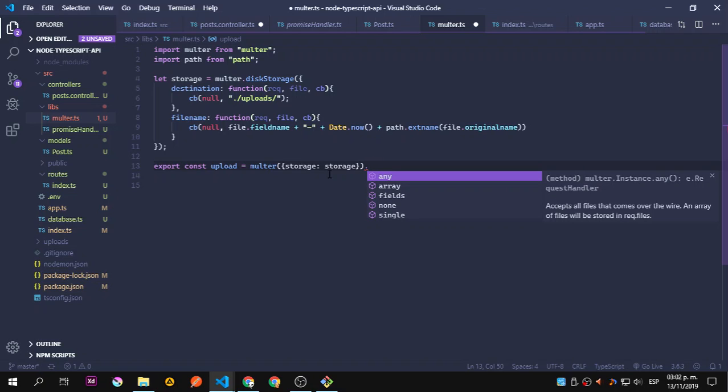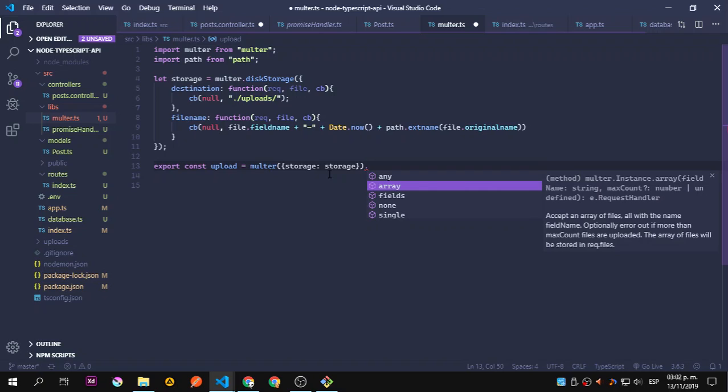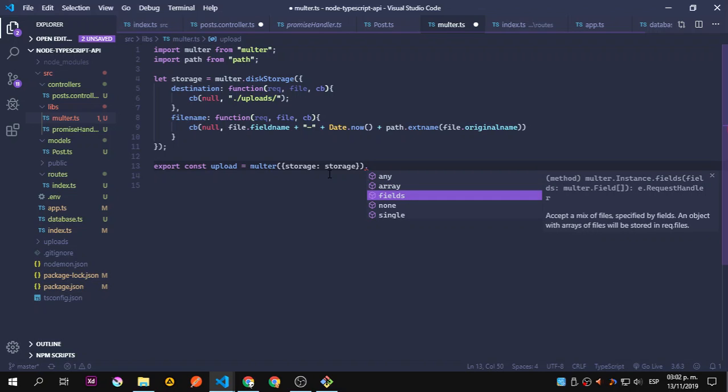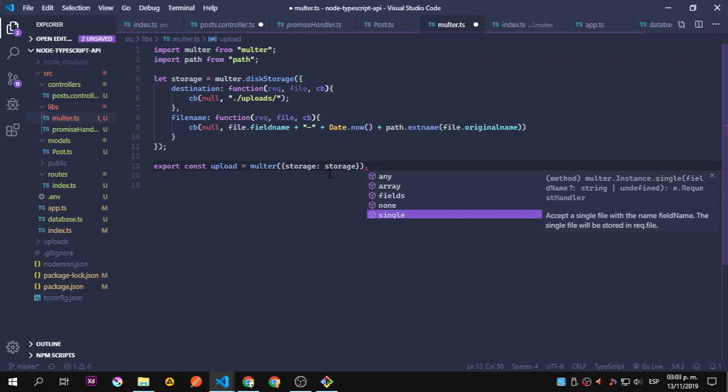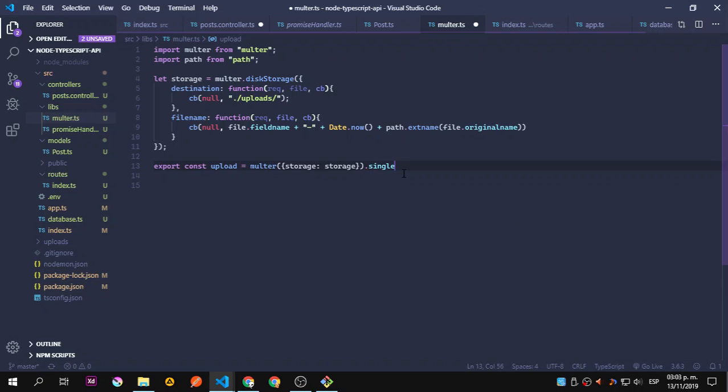and we can set if we want a subset of files that comes over the wire. Whatever files you send, it accepts an array of files. It accepts a mix of files specified by fields, accepts only text fields, so we are not going to accept any file, and accepts a single file with the name field name. So remember that we're using the field name here, so we're going to allow only a single file,